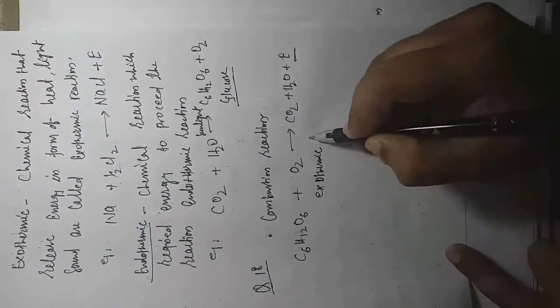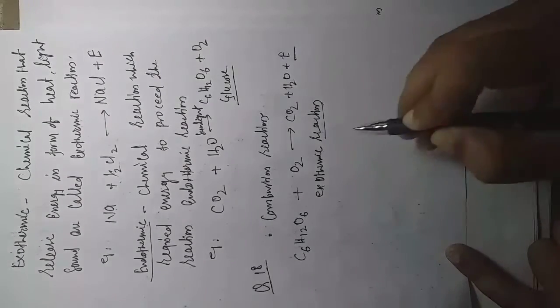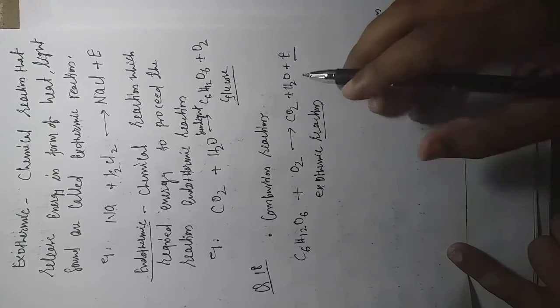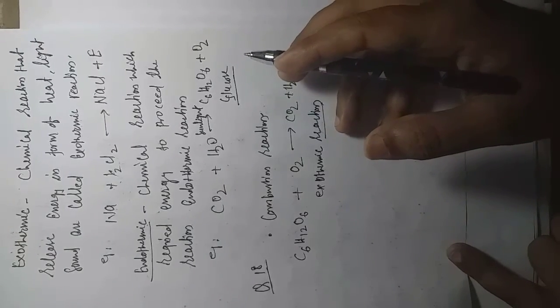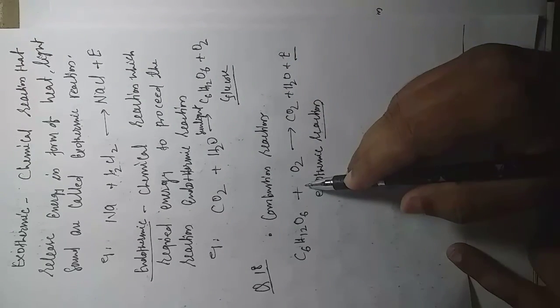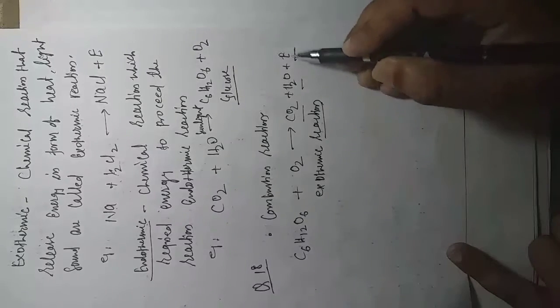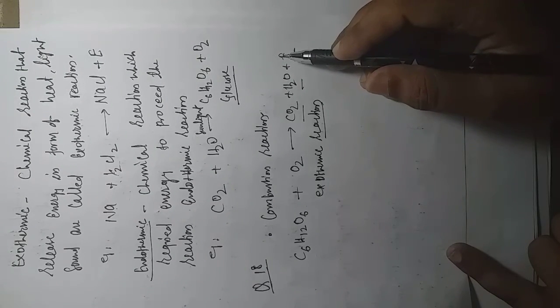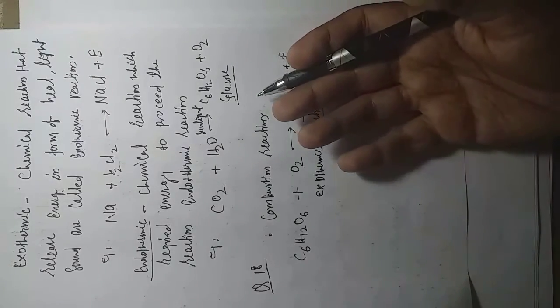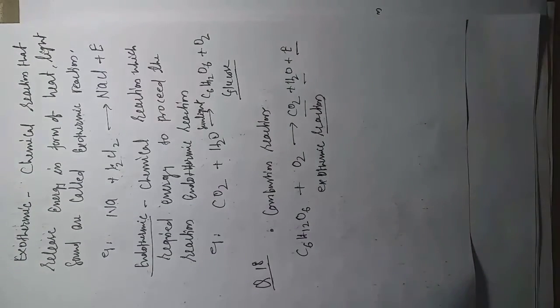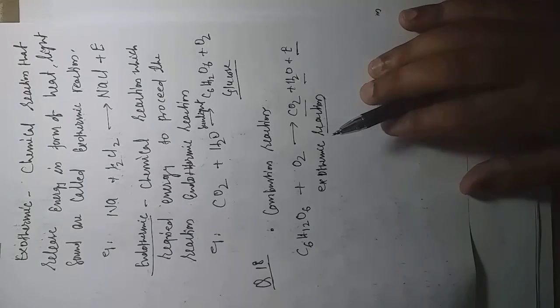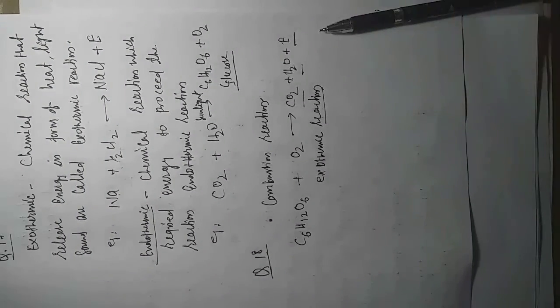Why? Because our body consumes a lot of food. During digestion, large molecules of food are broken down into simpler forms such as glucose, which combines with oxygen and provides carbon dioxide, water and a massive amount of energy. This energy is released in the whole process, so it is known as an exothermic reaction. In an exothermic reaction, it is very clear that energy is released, because we are consuming food and this food gives me energy. Thank you. We will proceed tomorrow with question number 19. Thank you.